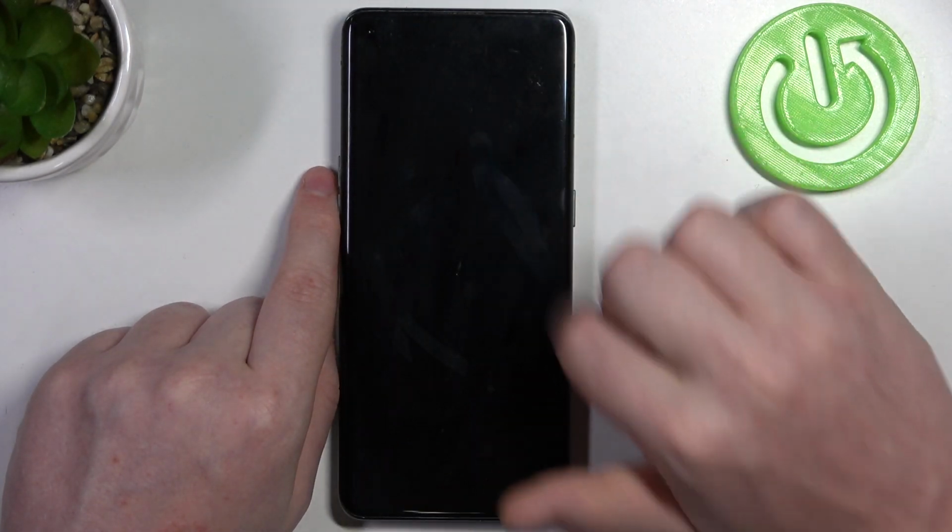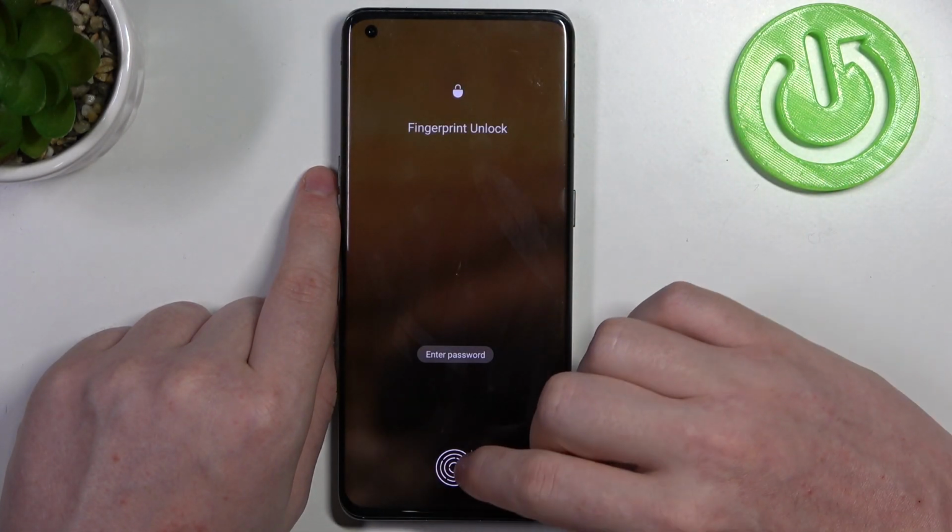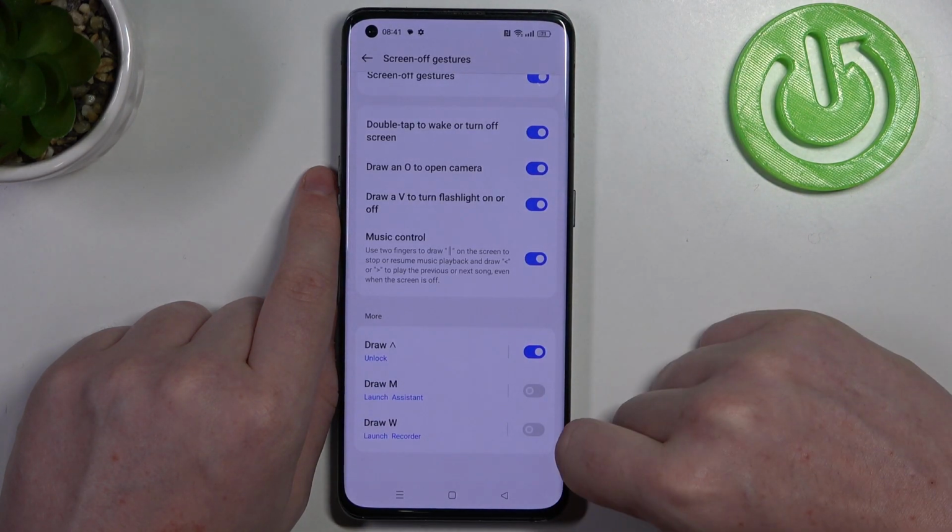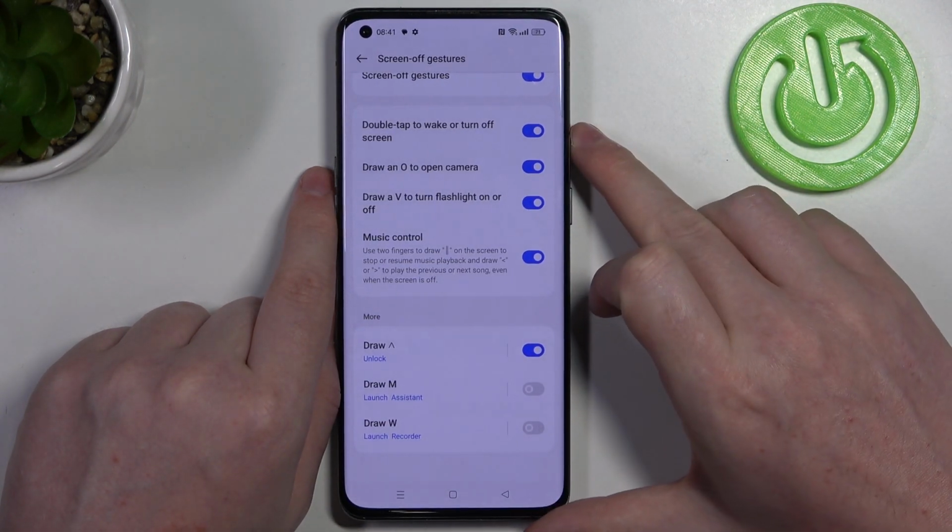Let's lock our phone, draw arrow up, and as you can see, our phone unlocks. Now it asks me to put my finger so I can unlock it. And that's it for this